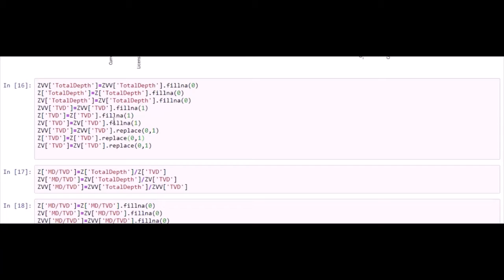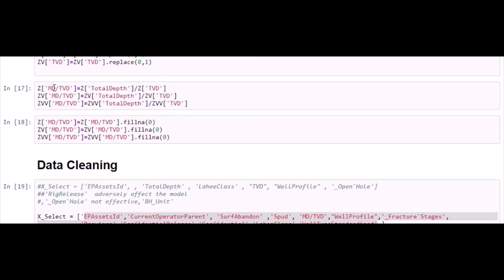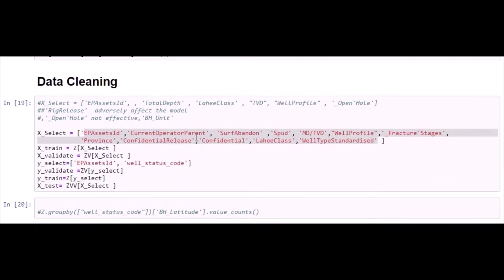taking into consideration the dog leg severity and the horizontal length, I divided the MD feature by the TVD to get a new feature, MD over TVD, and the higher the MD over TVD shows that we have a longer horizontal length or high inclination or azimuth. Maybe we can understand from that. So these are the features that I have used for my classification